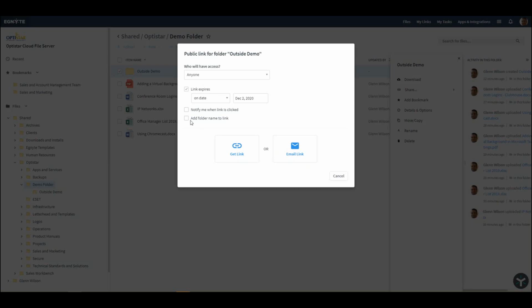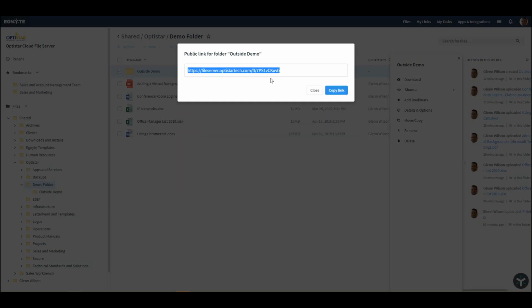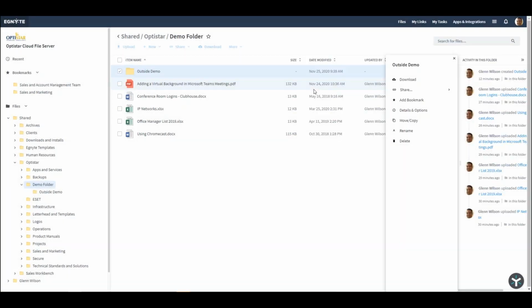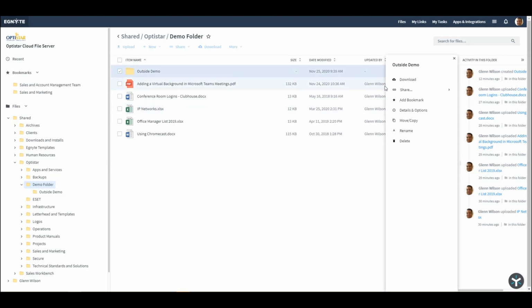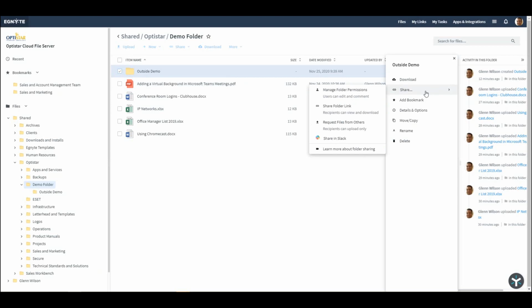Now, after you choose your options, you can then click to get the link to copy the link and paste it into an existing source, or you can select the email link option, which opens the message within your email client. And that's that. Now, you may want to share a file with an outside client or a vendor, but not give them access to a folder on your file server. You can do this again by selecting the folder, clicking Share from the drop-down menu, and this time selecting